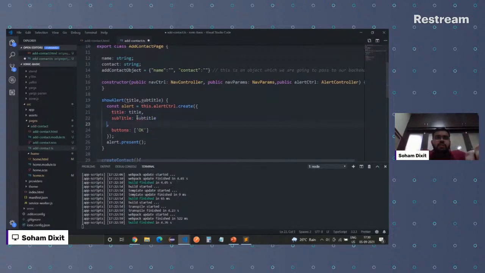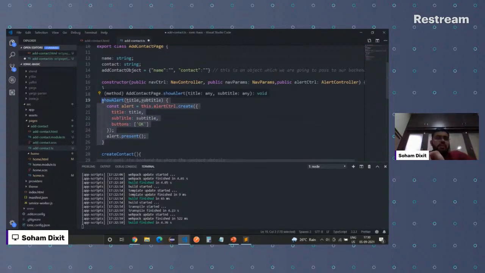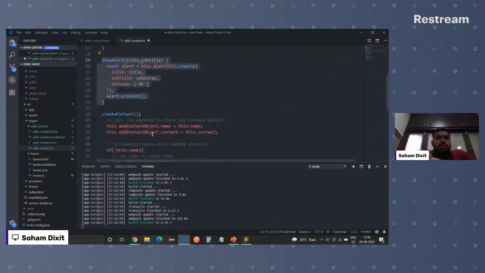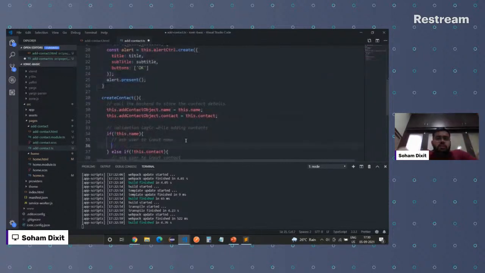I'm making this function dynamic, because I want to show an alert for the full name as well as for the contact. So instead of replicating this function again and again, let's create a common function over here, as we are going to make use of it here itself. And let's try to call that function now.